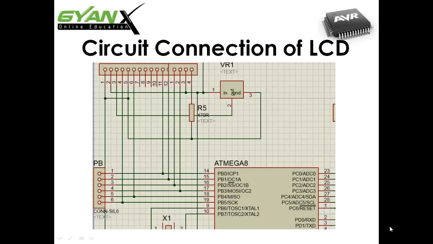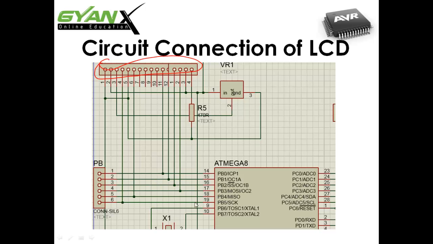Next we are going to see the circuit connection of the LCD on our development board. On this board you will see we have connected the LCD. These are the 16 pins of the LCD. These pins are connected to port B of our 8x8 microcontroller, and here you can see the pin numbers. This pin is DB7, which is connected to PB3, then DB6 is connected to PB2, then DB5 is connected to PB1, and DB4 is connected to PB0, and the 3 pins which you can see here are connected to PB4